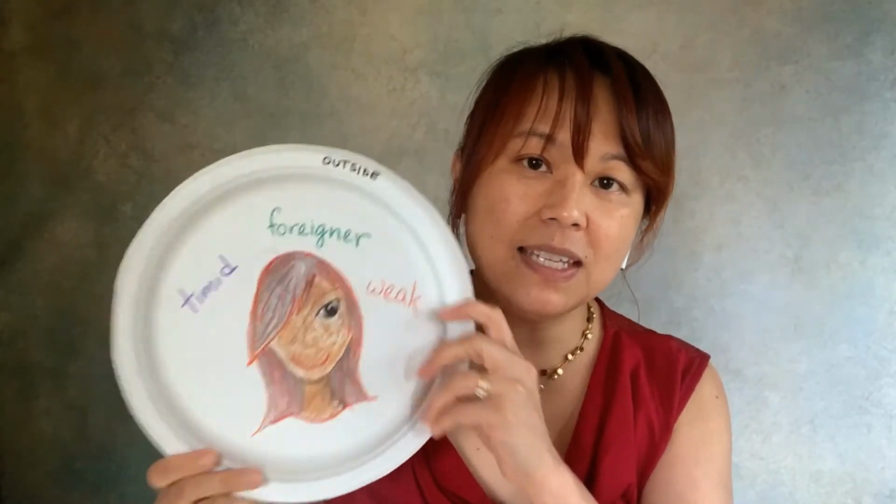Now, when you have these plates, it's not the actual plate activity that is the most significant thing about this. The most significant thing about this are the conversations that you have with your students about this. Like, for instance, Vanessa talks about in her lesson plan how boys might be perceived as strong and masculine and even sometimes a bully or mean just because of their size or their appearance. And then on the other side, on the inside, they may describe themselves as loving, as caring individuals, as friendly